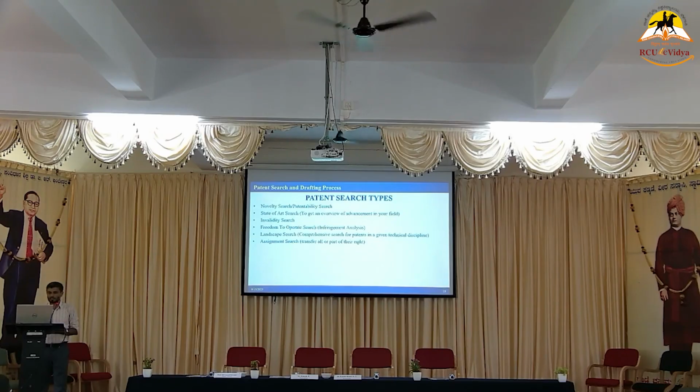Assignment search, transfer of rights and arrangements. You also need to see who owns, for example, some people have the patent already. So how to collaborate, or do something like that. Let me show you an example. The same, for example, the light. People have applied a patent for the tungsten inside, we have a tungsten, right? So you can do multiple patents on that. So how to combine with those guys? That also we can search.